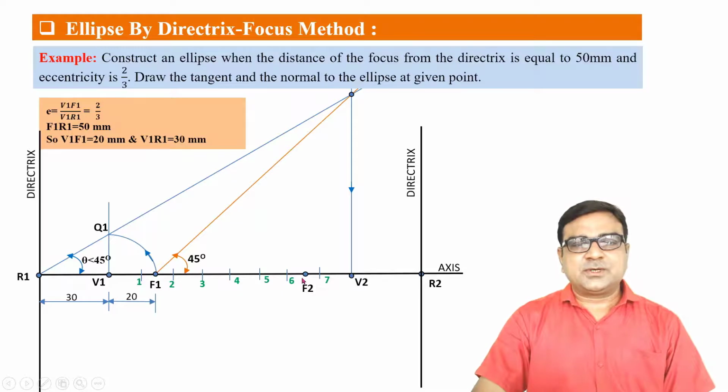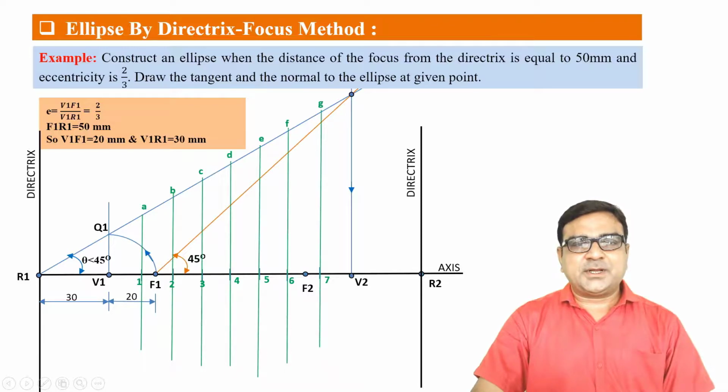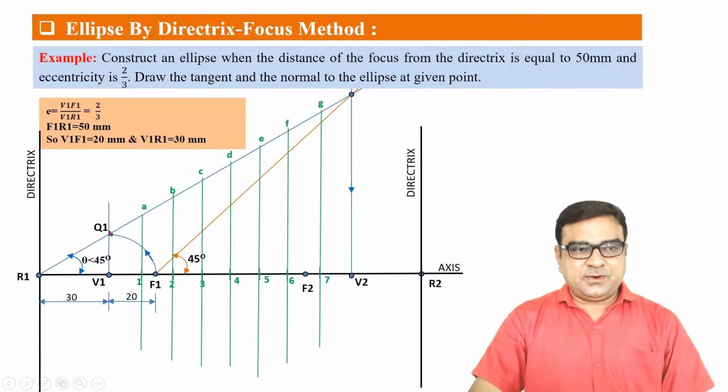Suppose this is 1, 2, 3, 4, 5, 6, 7. Now draw a vertical line from 1 which intersects the line R1, Q1 at A. Similarly, from 2 it intersects at B, and the remaining also C, D, E, F, G. Now on vertical line V, we have a point of the ellipse, V1. Now on this vertical line of 1,